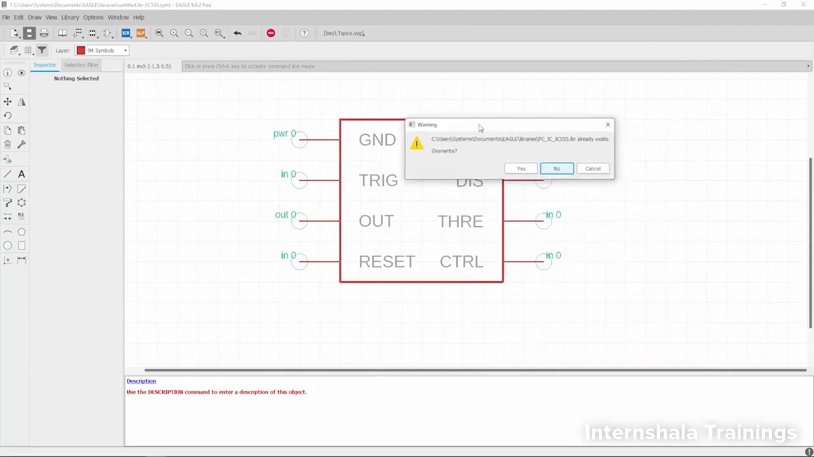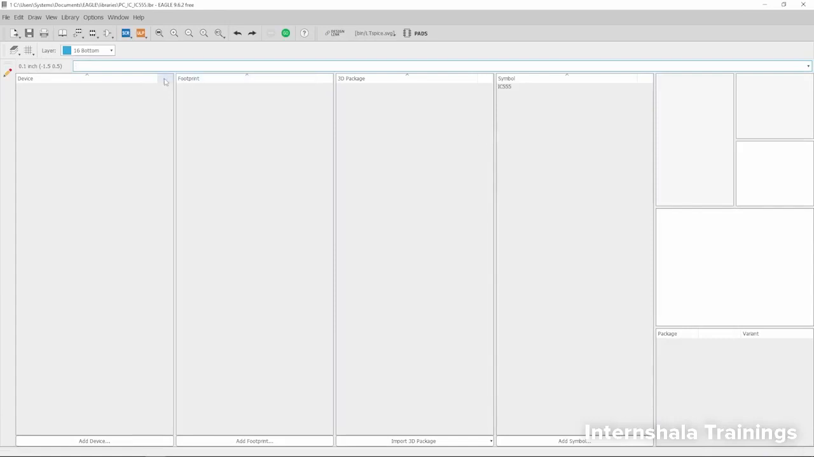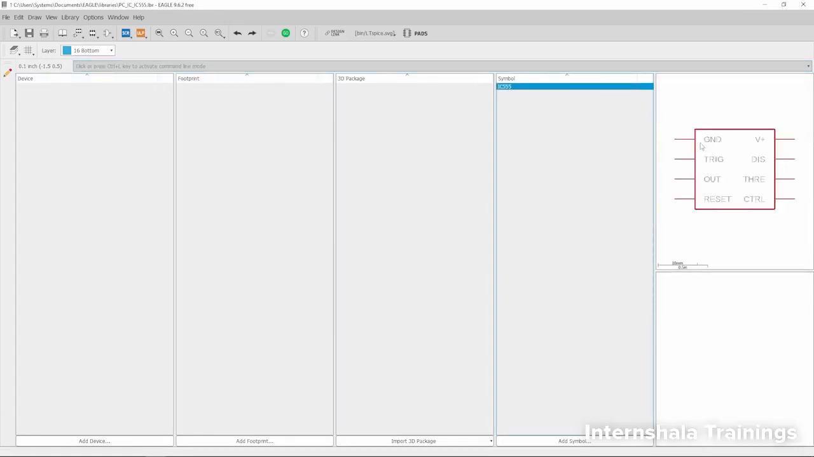And what it is saying, PC already exists. Oh, okay, so I already have this particular symbol. So let's overwrite this one. I will click on yes, and after that we are now on the library creation window. So this is how our symbol looks like: ground, threshold, output, reset, control,